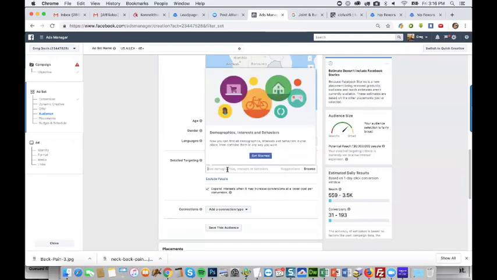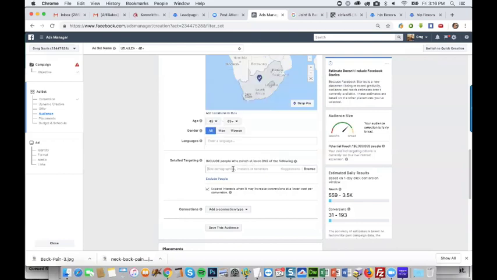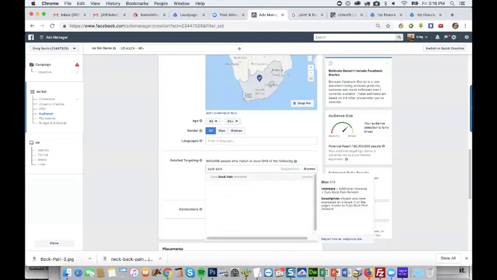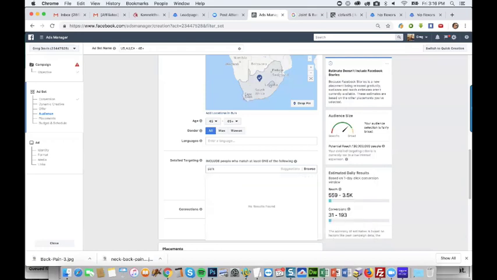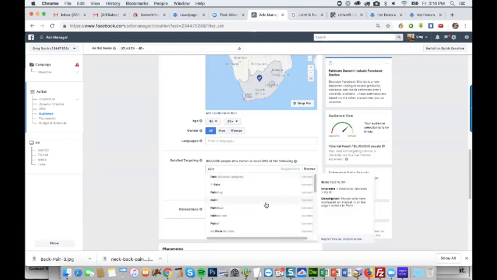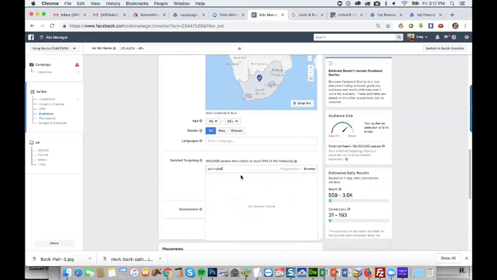So let's just look at some of the interests that we could have. I don't know if back pain is in here. Nope, no back pain. Let's just do pain. We got pain, T-pain. How about pain relief? Okay, no pain relief.